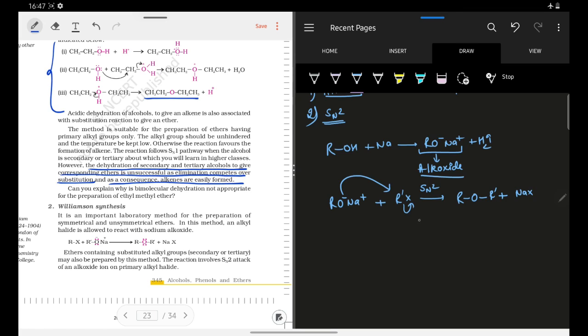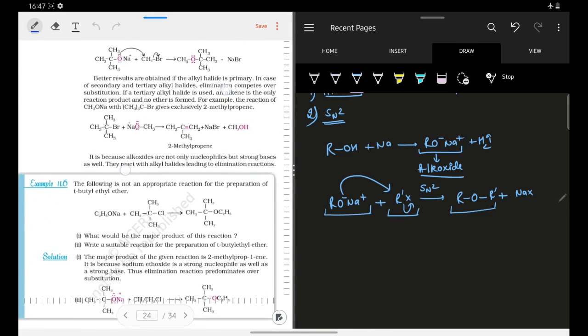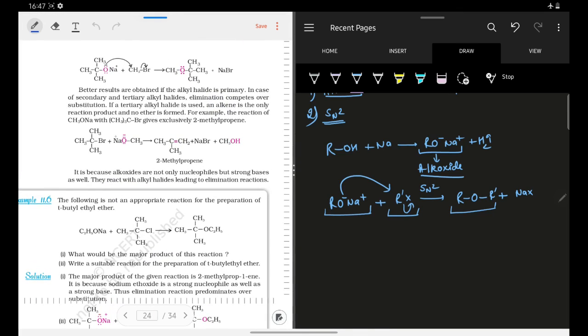Here we know that once alkoxide has been formed, we can make it react with some different alkyl halide. So here we can form unsymmetrical ethers as well. In the earlier method, the drawback was you cannot form your unsymmetrical ether. Here you can form unsymmetrical ether. If you know this much, you will easily do your Williamson ether synthesis. Here they have drawn this scheme. They have taken this tertiary butoxide, and they have made it react with methyl bromide, and it leads to the formation of your product.